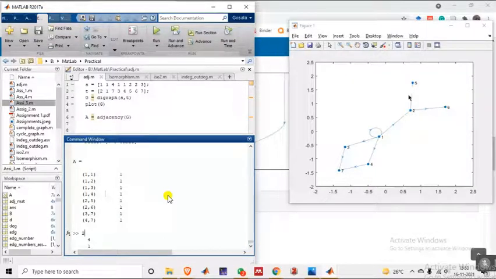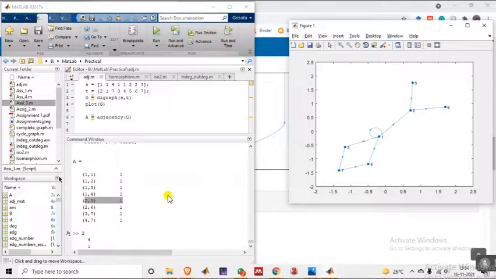So similarly, how many edges do you have? How many edges are there in this graph? Can somebody tell me? 8. Yeah, so when there are 8 edges in this, you will be getting 8 values, and all those 8 values are 1. Hence you are getting these values 1 here. There is an edge between 2 and 5, so here for 2 and 5, you got 1. And this is 1 and 3, so for 1 and 3,